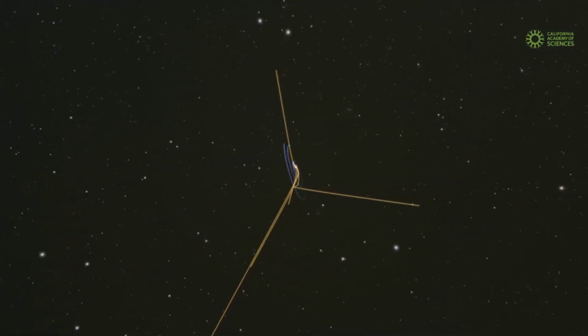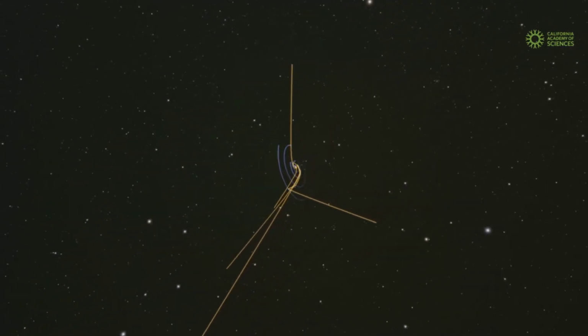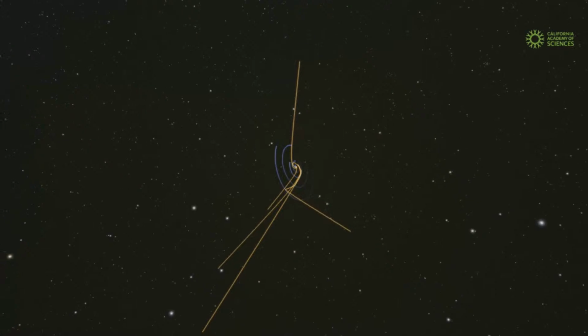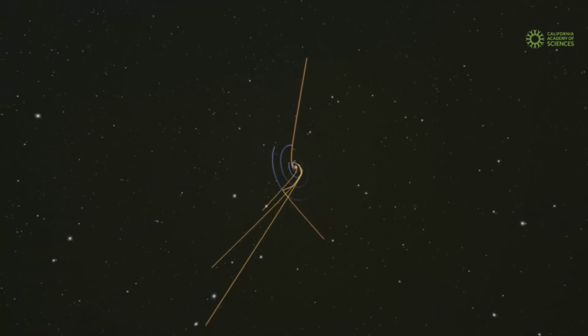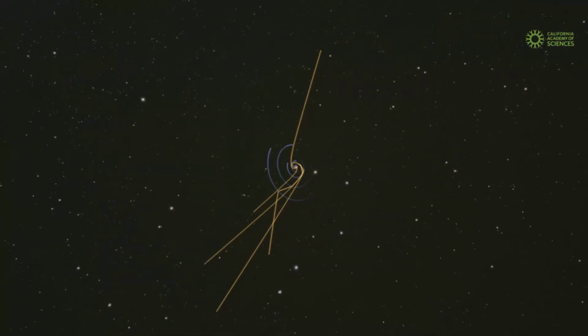Those 4 spacecraft have left the protective magnetic envelope that surrounds the sun. So we say that they've entered interstellar space, but none of them have traveled as far as light travels in